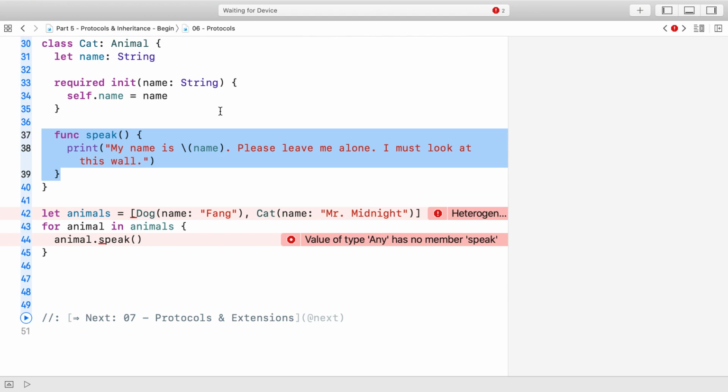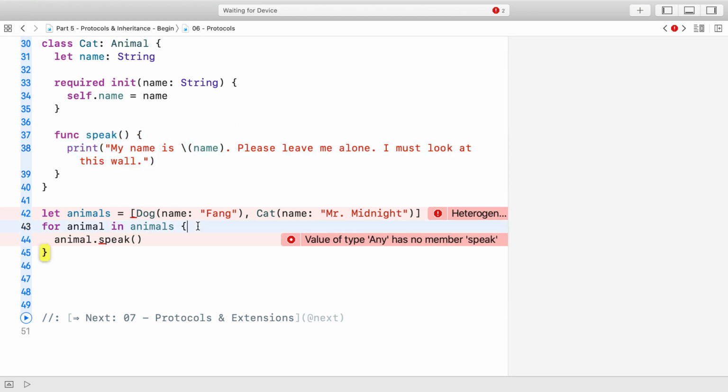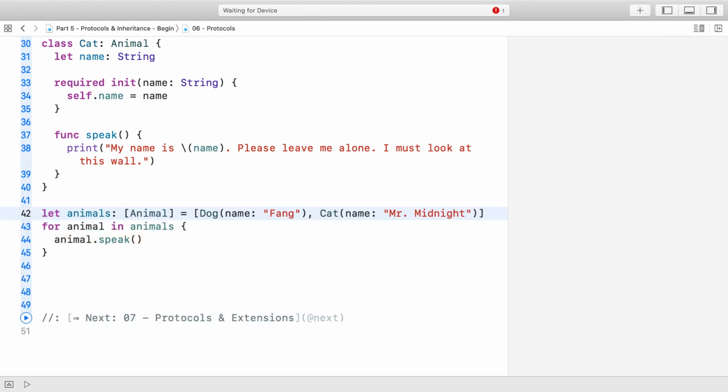We're almost done getting rid of the errors. What the last ones are telling us is that because Animal is no longer a superclass of Dog and Cat, Swift doesn't know what the elements in the array have in common, but we can help out with explicit typing. And now we can iterate through our animals, just like when Animal was a superclass, and each one of them speaks in their own way.